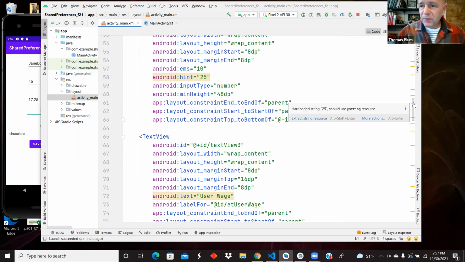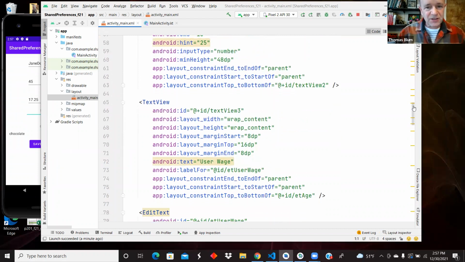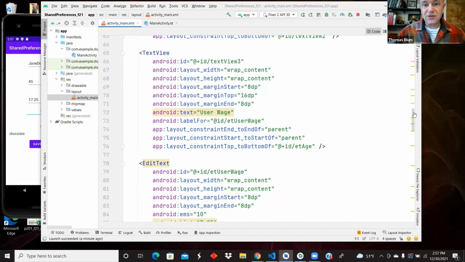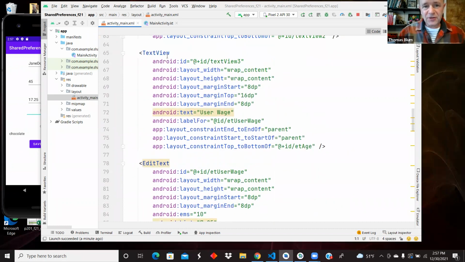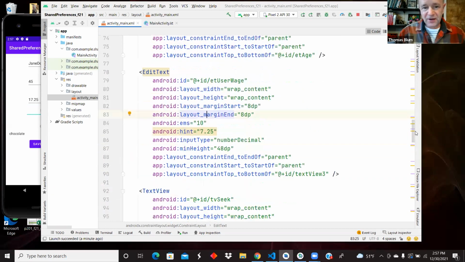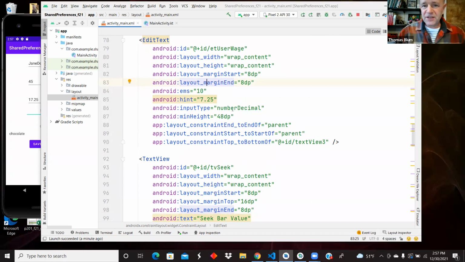The type will be important in the shared preferences. So that's why those two are considered different value types. And here's a wage and an edit text for that. And so this edit text is a number decimal. And those are going to be all different types: a string type, an integer type, a float type, when we're